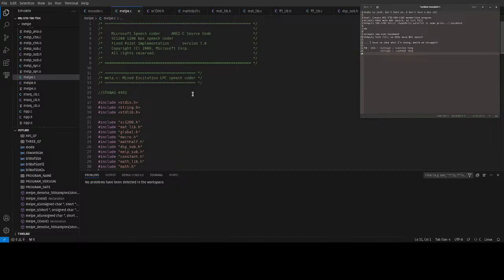First and foremost, mixed excitation linear prediction speech coder. Copyright 2000 Microsoft. Some of these files even have 1998 Texas Instruments, because I know they did a lot of help. And the extra fun is, I believe the 1200 bits per second is hard-coded, and I need to figure out how to make it 2400 bits per second, because